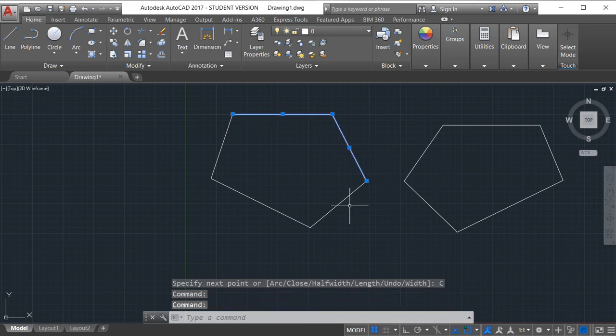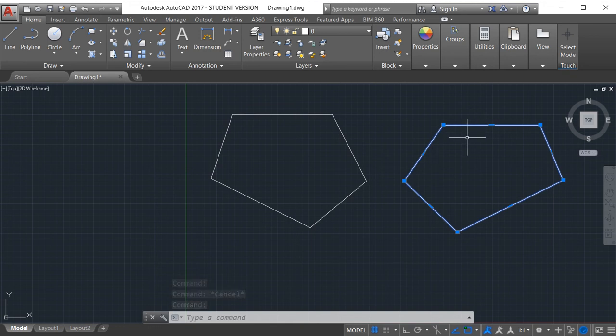This polygon drawn by using line command, we can select each line separately, and this is our polygon, polyline. We have drawn this polygon by using polyline, and this is a single object. Now this is the difference. Both those lines and polylines are same.